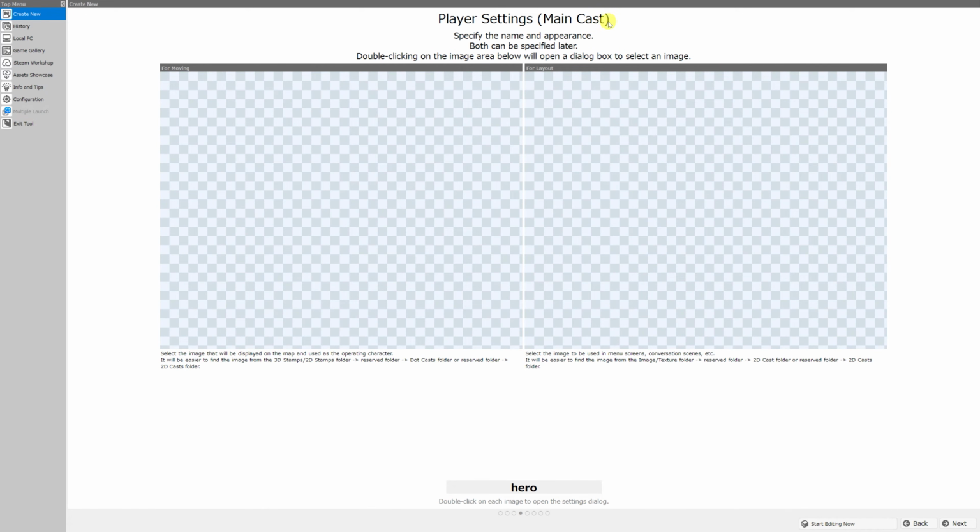Now cast does refer to your playable characters, and cast is also a term that is applied to the NPCs and monsters in the game as well. So you're going to have NPC casts, enemy casts, and the like. We're going to select the graphics for our main cast, and that means our very first main character by default